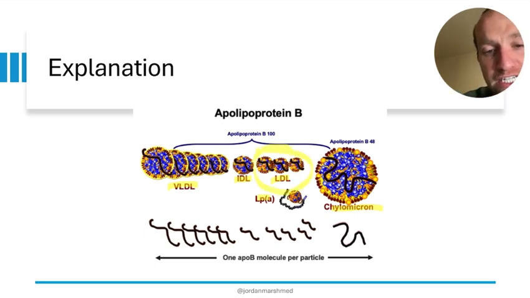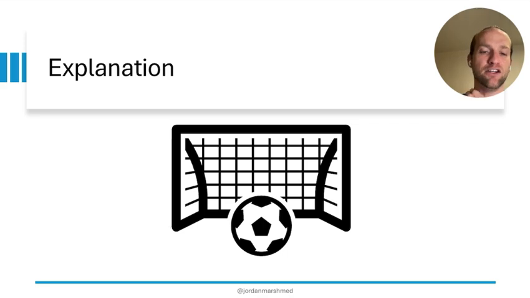LDL-P is still 90% of the ApoB found within our blood, but there are still other molecules that have ApoB. And so ApoB is a much greater indicator of our risk, at least according to this paper or review. In the paper, he talks about how it's kind of like a stochastic process, where it's just how many shots on goal we give ApoB a chance at causing damage.